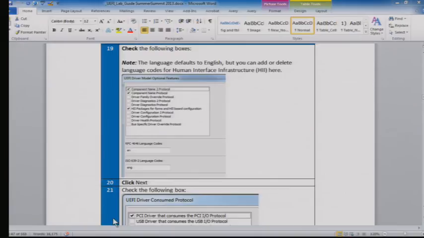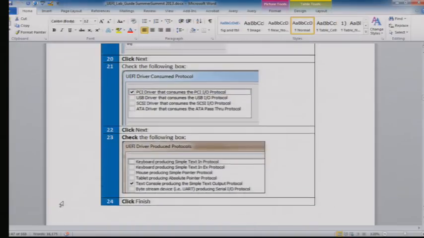Then we want it to be a PCI device, so you shouldn't have to change anything there. So click Next. And then finally, we want it to do text console producing a simple text output protocol. Select that. And when we're done, you can click Finished. And what you should get